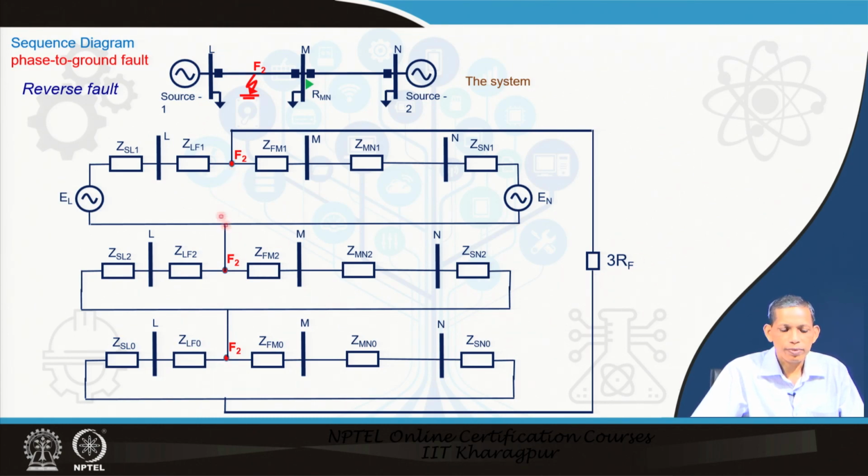So, what you see here is that to this positive sequence part, where we have the voltage sources, the negative sequence and zero sequence components are connected in series along with the 3R_f. Note that the corresponding current entering the zero sequence or negative sequence will be divided into 2 paths. Therefore, when you find the equivalent for this negative sequence or zero sequence, we have 2 parallel paths. So, the equivalent of these two parallel paths for negative and zero plus the 3R_f is nothing but the corresponding impedance added between this point and this point of the positive sequence network.